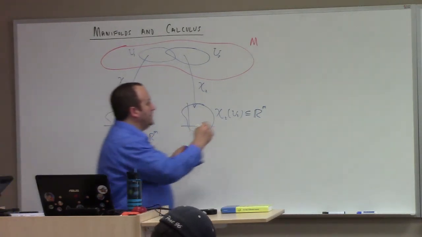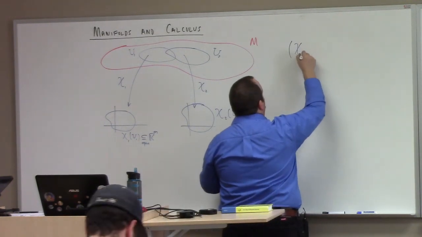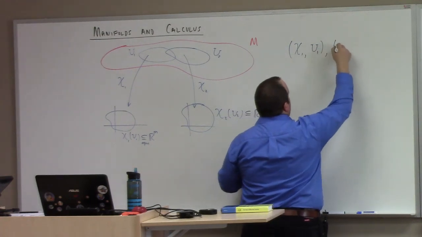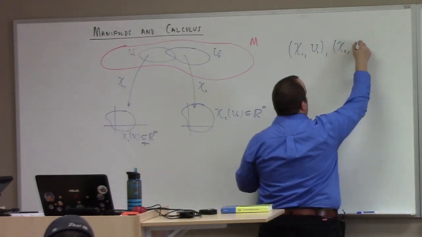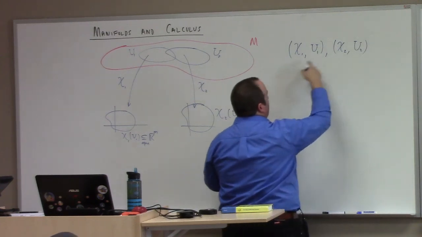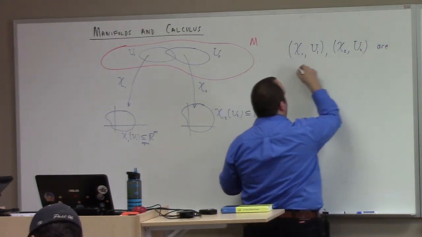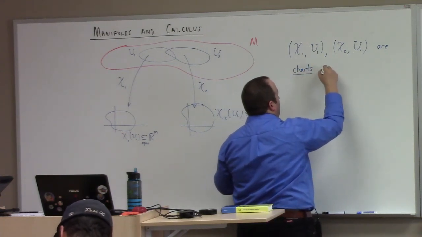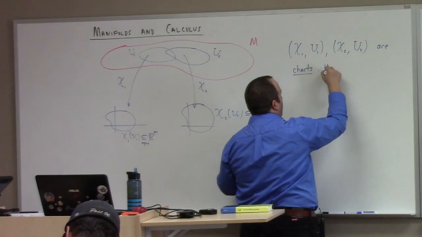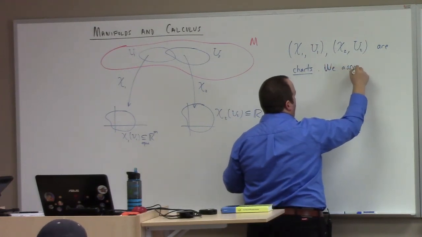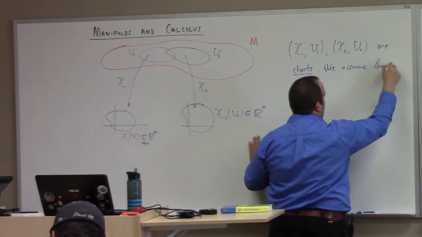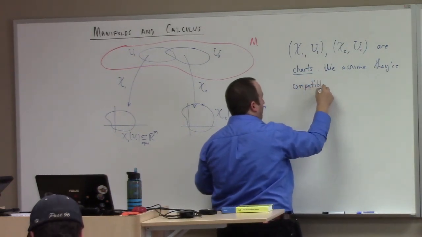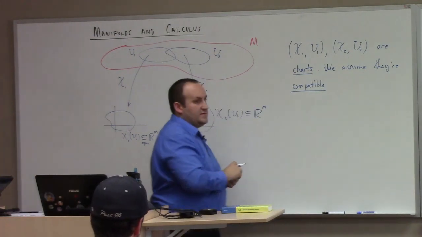So the pair, chi1, oh goodness, I can't remember. Well, it doesn't matter. What I can't remember is if it's standard to put the mapping or the set first usually. These are called charts. And we assume they're compatible. And what that means is either